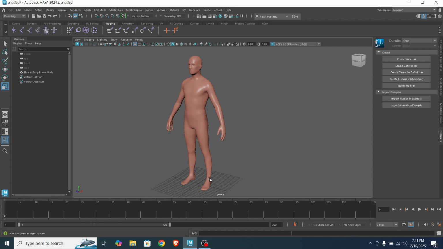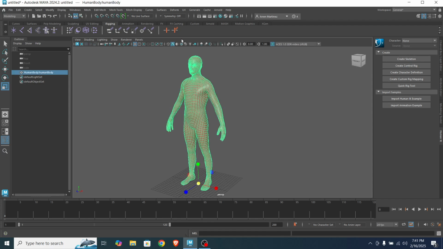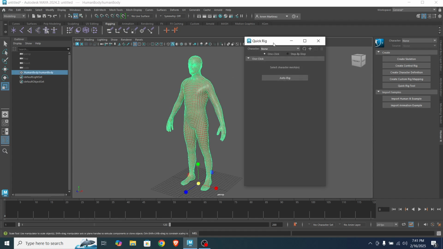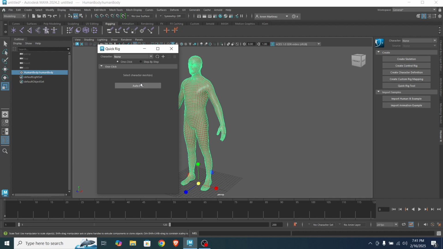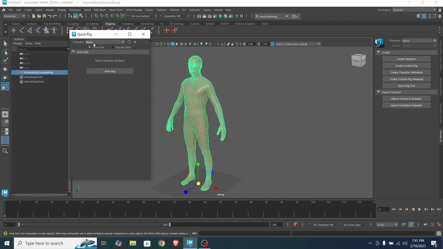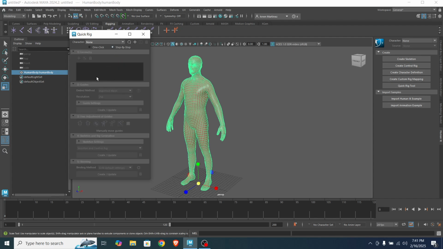I just want to show you another option for the quick rig here in Autodesk Maya. So basically, last time we discussed the one-click function, which is if we click the auto rig, Maya automates all the stages of rigging like geometry, guides, user adjustment, skeleton, and skinning.